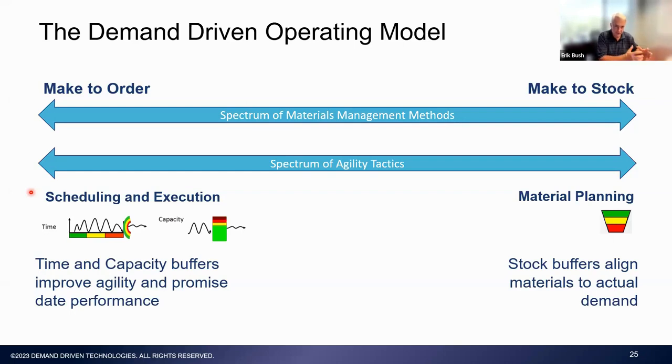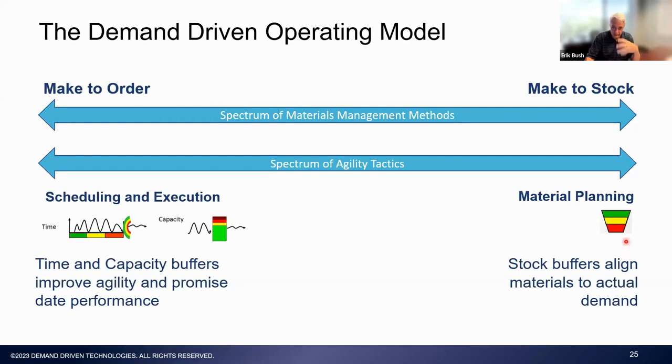But we're going to think about agility in a different lens if we're on the left side of this chart than if we're on the right side, where, like in a consumer goods, food and beverage environment, many of your end items are going to be stocked. They're going to be sold on a very short promise response time to the market. In other words, I give you an order today, you ship it tomorrow, kind of a situation where constant availability is critical.